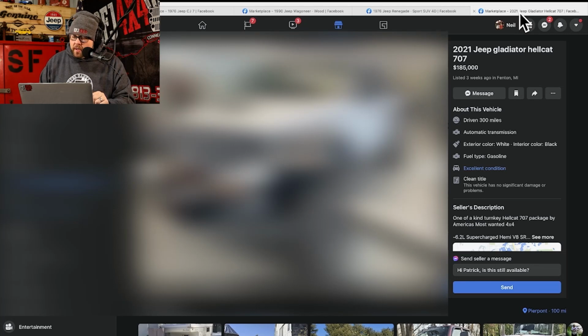What am I looking at here? 2021 Jeep Gladiator Hellcat 707. Oh yeah, yeah, for almost $200,000. That's